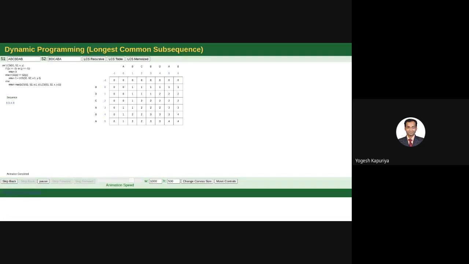Okay, so let's say these are the two sequences.